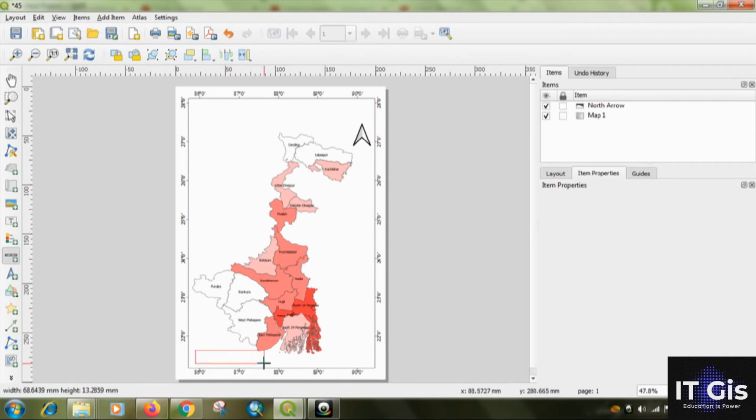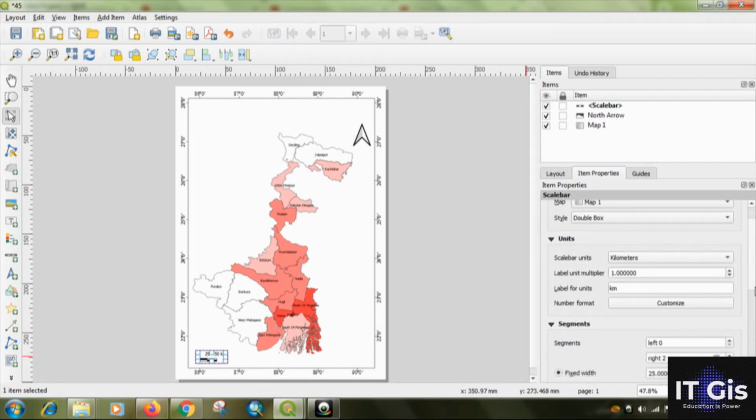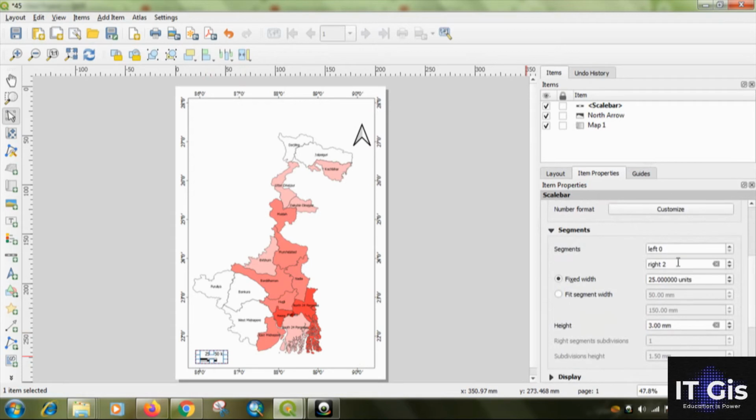Then you give the scale by clicking add scale bar. In here, giving the scale. So the style is double box. You can see the box changes. It is double, and you can give the left as 2 and right as 4. You can change the scale unit, of course.